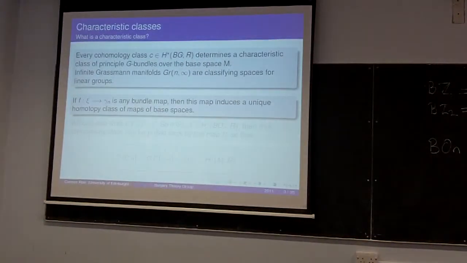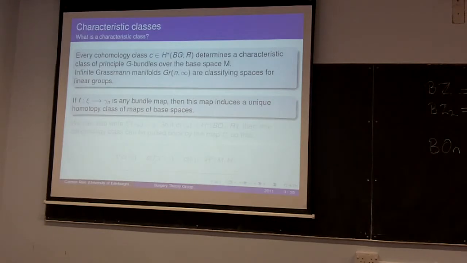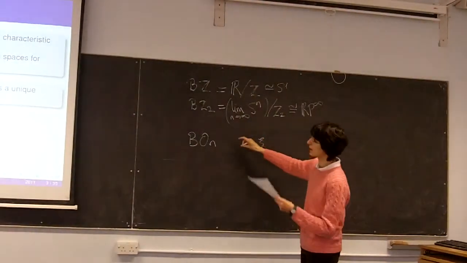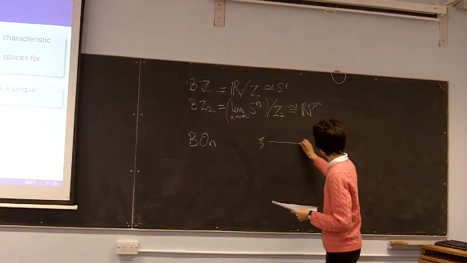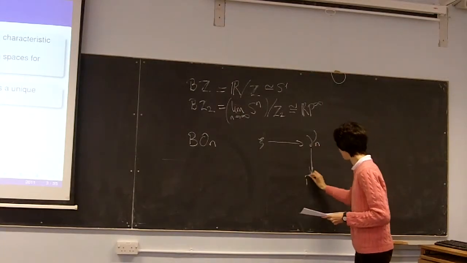Here we have a bundle map from any bundle to gamma n, which we were using as the notation for the universal bundle over the infinite Grassmann manifold. This map induces a unique homotopy class of maps between these spaces. If I draw this down as a diagram, I should have my bundle, then the universal bundle that lies over the infinite Grassmann manifold,